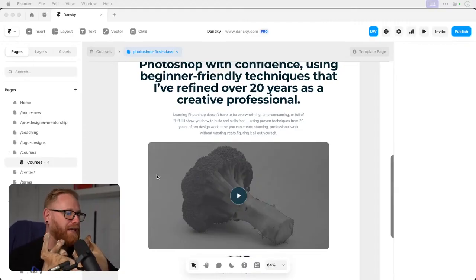Bean, how easy did you find Framer? Yeah, once I did that first hour tutorial, it was quite a lot easier to then just take a template and kind of do my own thing with it.